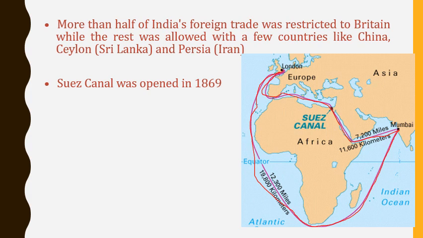So what was the basic criterion for making this? It reduces the cost and time of transportation and makes access to the Indian market easier. We can easily export raw materials to their country and import finished goods to our country. In other words, exploitation of the Indian market was easier now through this.